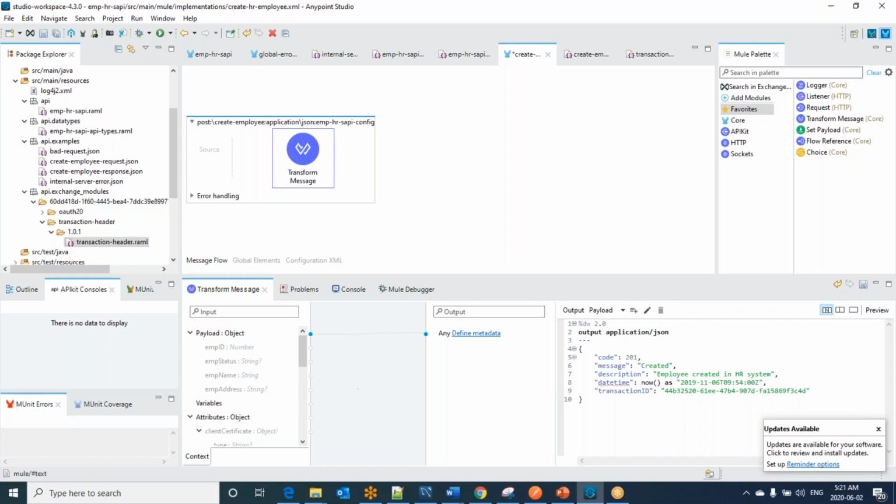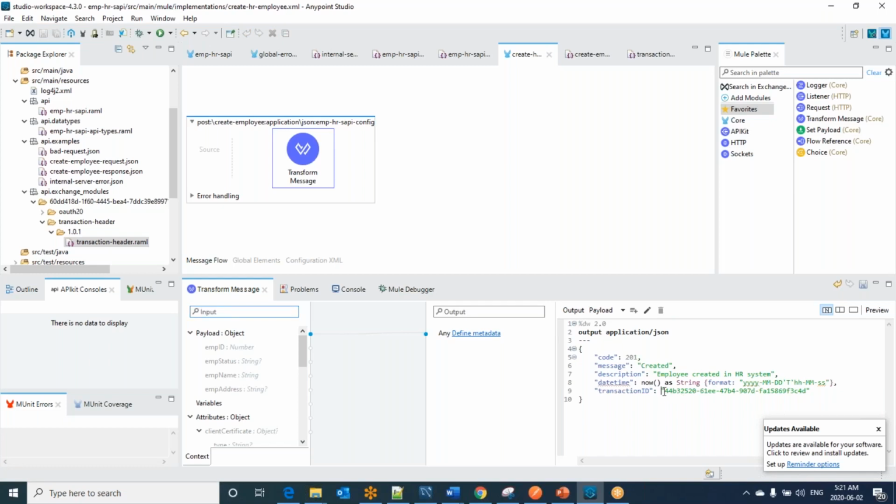let me put now as string simply, then format as the same format we see in the value, that is yyyy hyphen MM hyphen dd, then T HH mm SS. Now let me remove the value. Now we are going to get the dynamic value. Save.